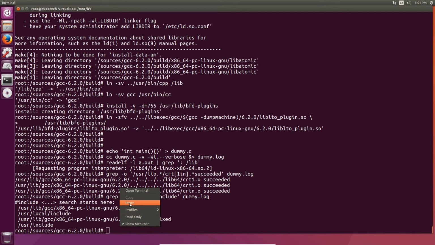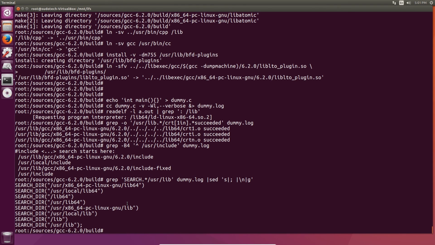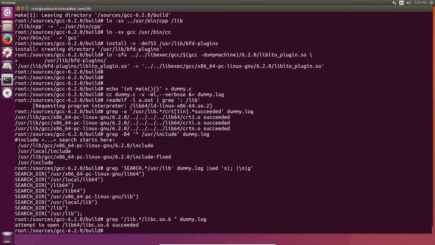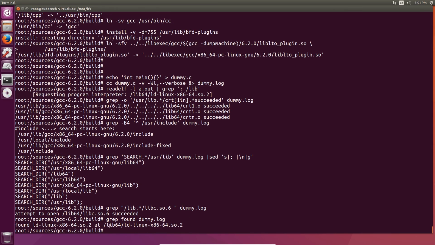We're going to run another grep command to verify that the new linker is being used correctly, and you'll get a similar output to what we got when we were adjusting the toolchain. It should show search_dir and then some paths that'll change slightly based on your architecture. The output of the next 2 commands should be attempt to open and then a path succeeded, and finally found ld-linux.so.2 at